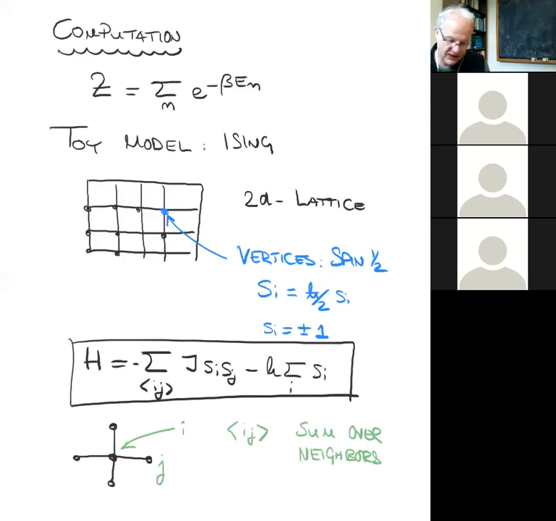And you can see that the way this Hamiltonian is formulated, if you take this coupling J to be a number that's greater than 0, okay, then Si times Sj, if two neighboring spins are pointing in the same direction and they're either both +1 or both -1, so if they're pointing in the same direction, the product will always be a positive number. And so if J is a positive number as well, then you get a lower energy in this Hamiltonian because of the minus sign in front. You get a lower energy by aligning them, provided that J is positive. So this interaction is then sometimes called a ferromagnetic interaction.